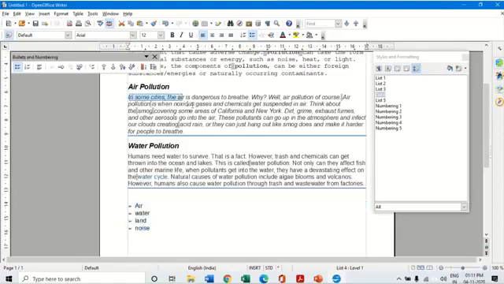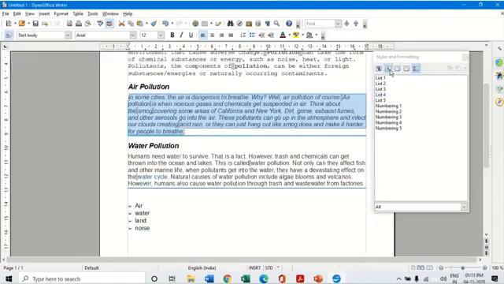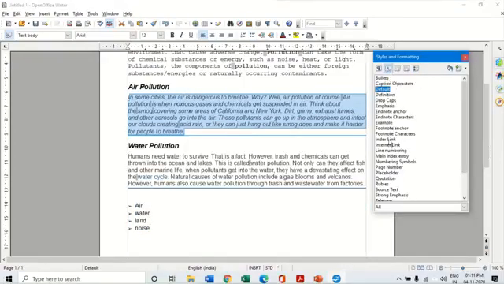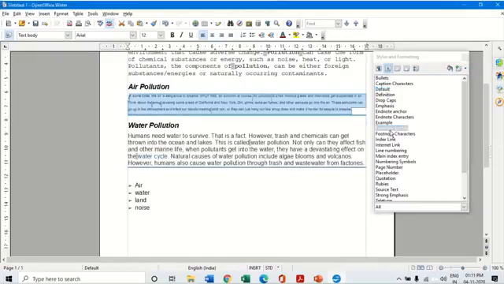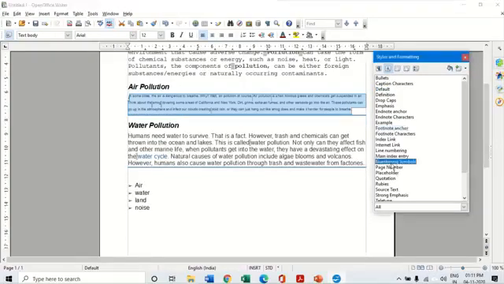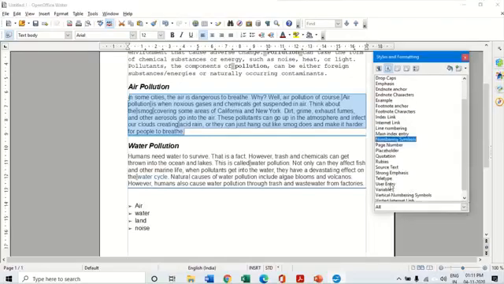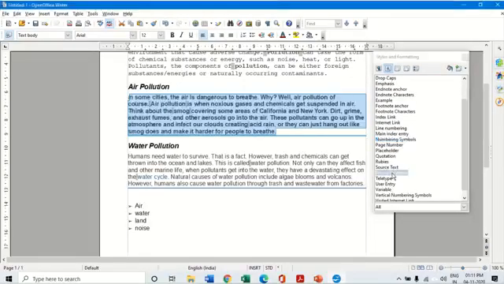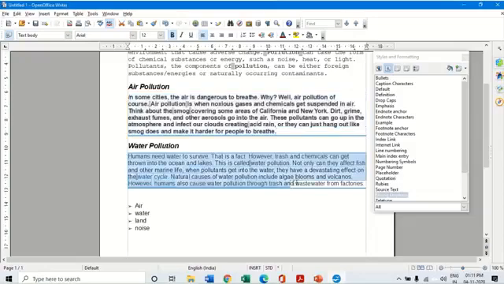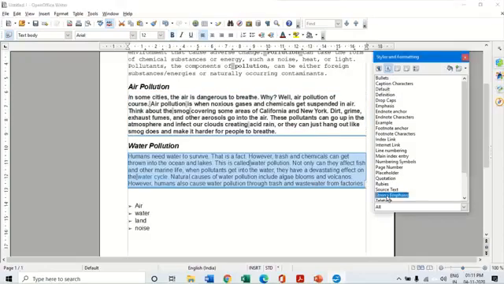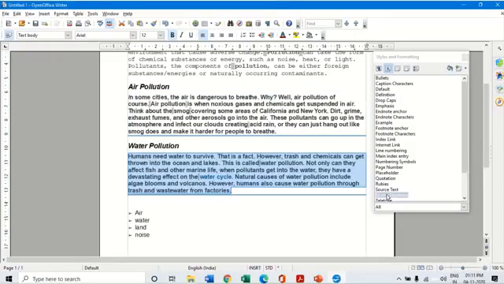Or if I say that I want all my paragraphs to be of, let's take footnote, this type, or maybe something else, numbering like this. So I can select my paragraph styles for all of them and select, let's take strong emphasis. So all my paragraphs I want strong emphasis. I can simply select strong emphasis for all the paragraphs and select my style for this.